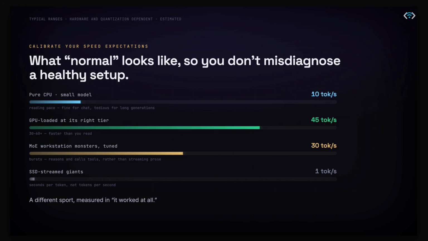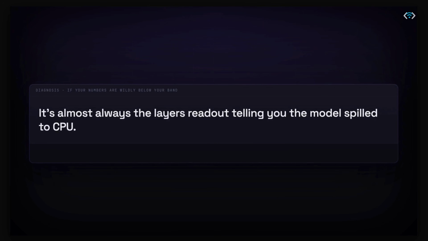While we're being concrete, calibrate your speed expectations, because it spans a huge range, and knowing what's normal saves you from misdiagnosing a healthy setup. The rough bands: pure CPU on a small model, around 10 tokens a second, reading pace, fine for chat, tedious for long generations. A properly GPU-loaded model at its right tier, 30 to 60 plus tokens a second, faster than you read, which is where local